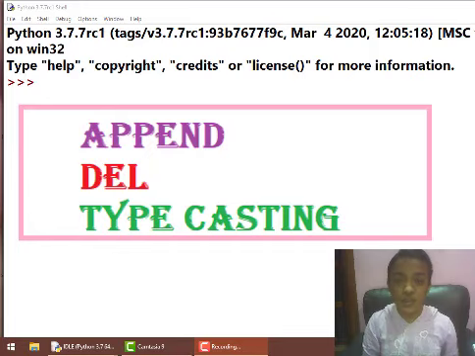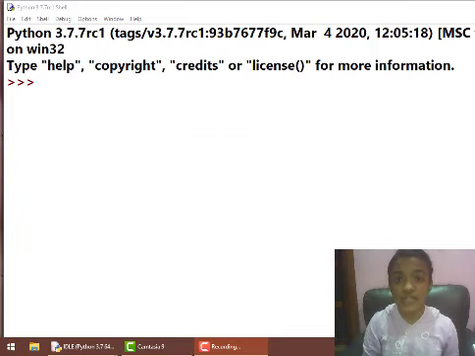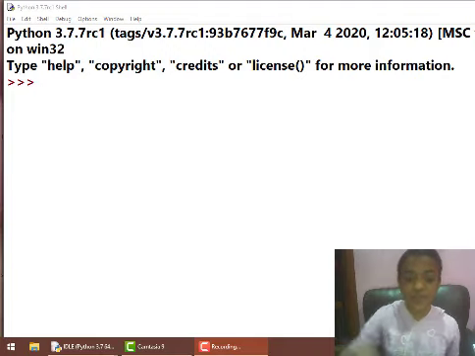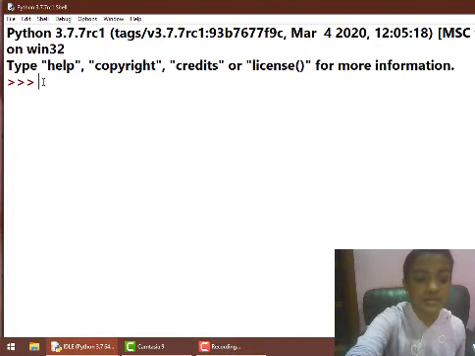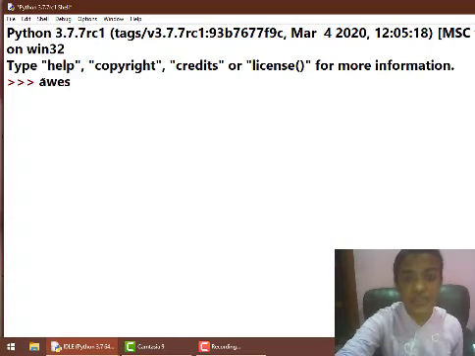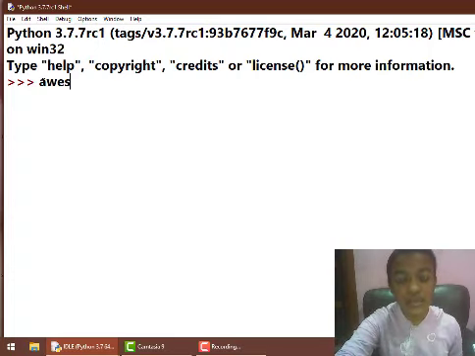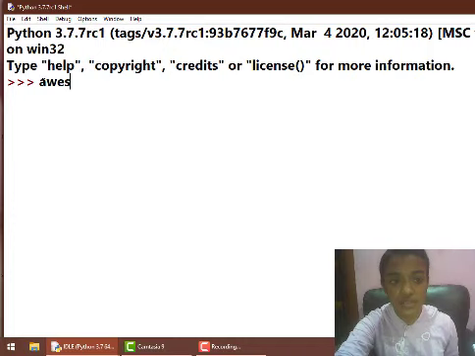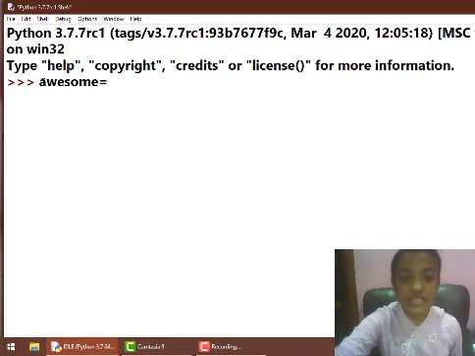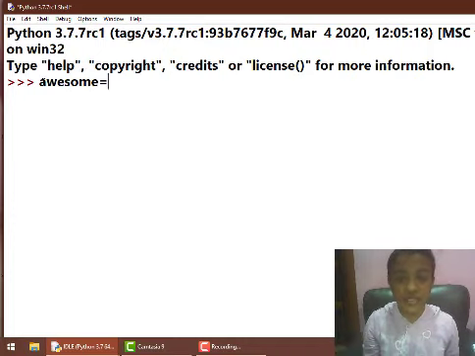So before moving on into our topics, we have to create a list first. Creating a list is very easy. We have already seen them in our previous videos. We have to type in some variable of your choice, and here I'm using a variable known as awesome, and you have to assign your variable to certain strings enclosed within square brackets.